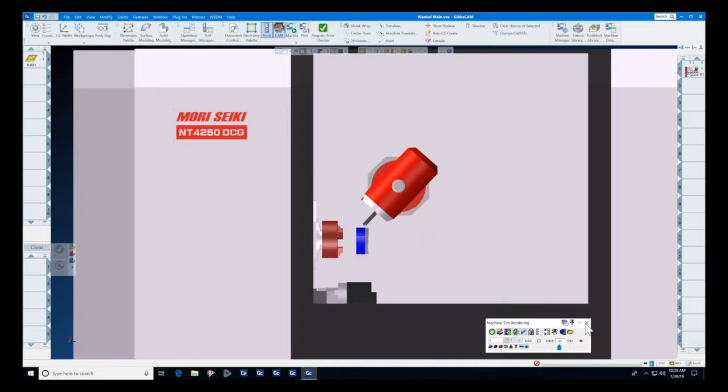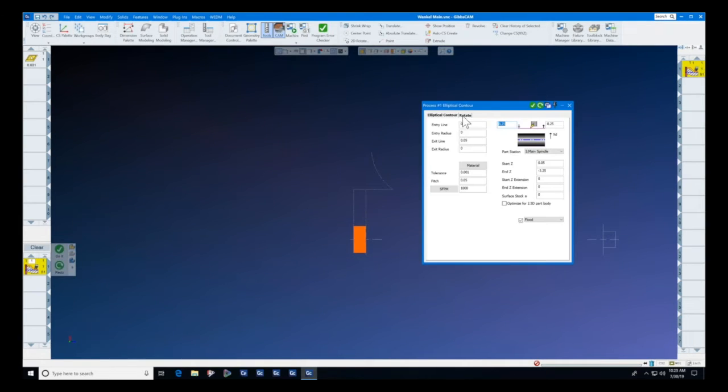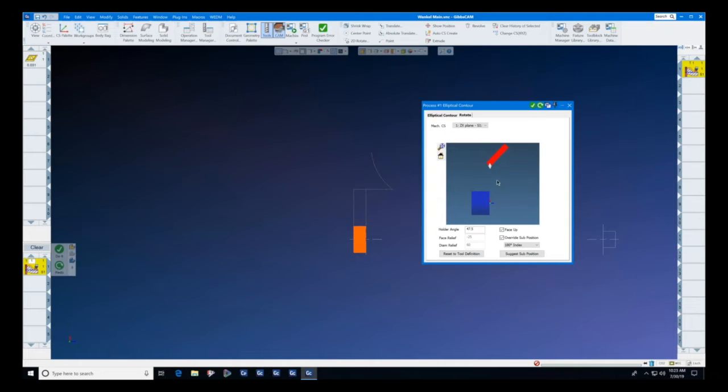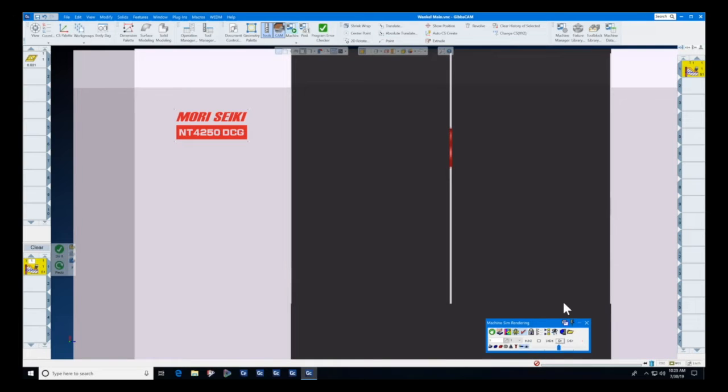And you can see that we have the tool tilted at an angle. We don't know what the angle is. So let's open the operation and go to the rotate tab. This tool is at a holder angle of 47.5. Well, let's make it 35 degrees and simply press redo. And as the task manager processes this information, we will now cut this Wankel style piston at a new angle